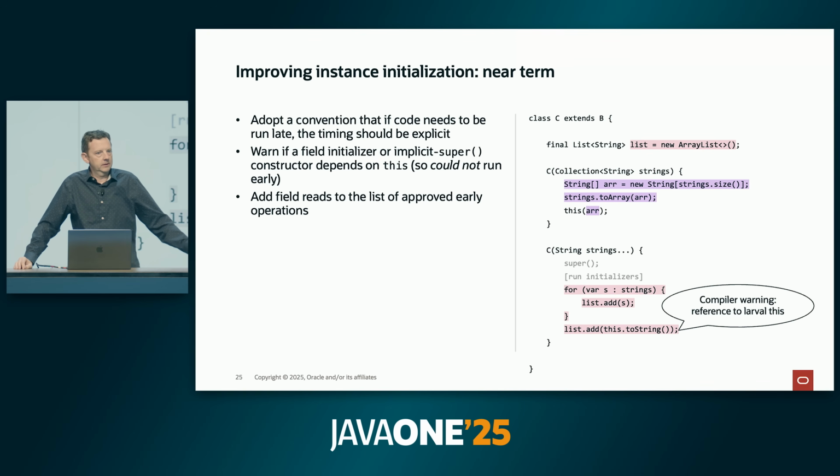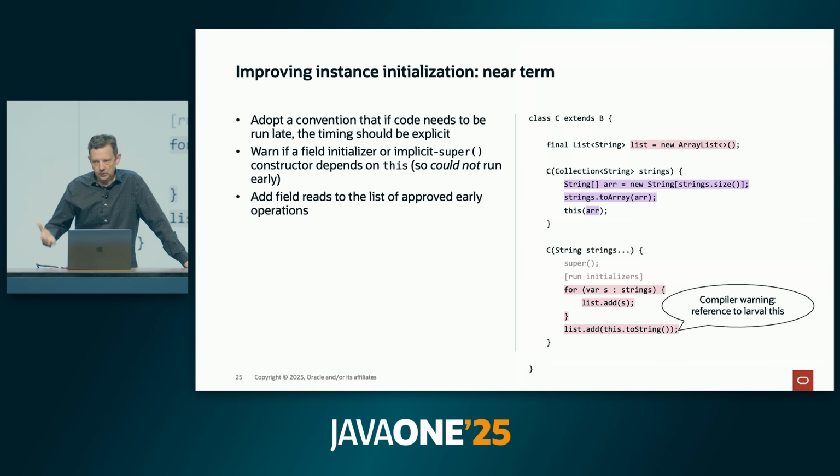So what that means is instance field initializers, they're not explicitly after a super. Treat them as if they were going to run early, even though they don't, they run late. That means the compiler can go in and look at those initializers and see if there's any mentions of this, any instance method invocations. And if there are, provide a warning. Same thing with constructors that have implicit supercalls. The implicit supercall still goes at the start, but in the body, treat that code as if it were going to go in the early phase and look for any uses of this that could expose the larval object to other code.